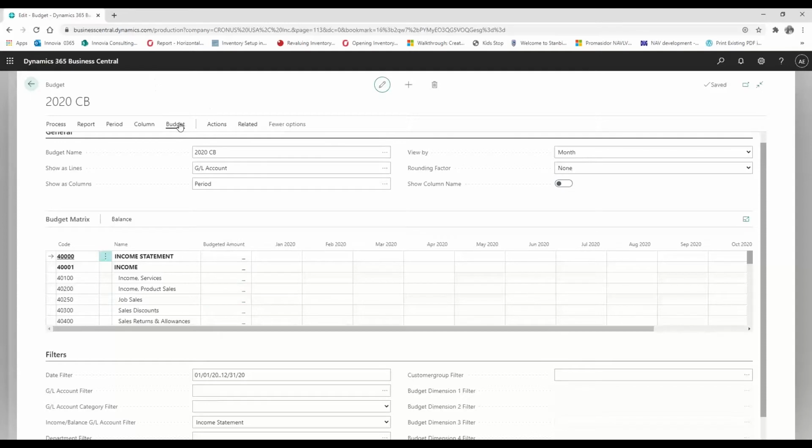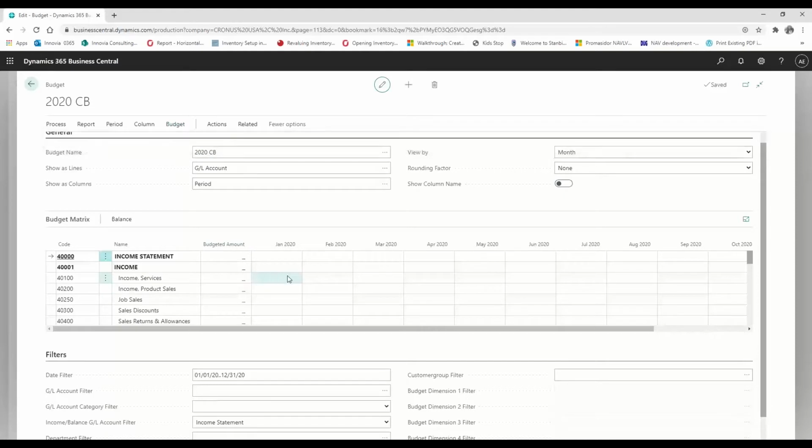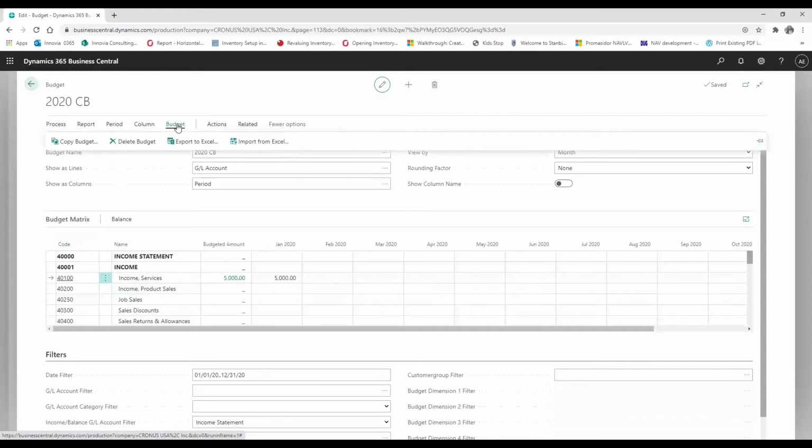Now, besides exporting and importing budget entries, I also have the ability to just come directly inside my budget and type in whatever figure I want here. So already I can see that for this income services, I have this figure here. So there are different ways of populating our budgets in Business Central. You can do it directly from the budget window. You can go from the actions button and say export to Excel, and also import. When you export to Excel, you populate it in Excel, and then you click on import to bring it back. So those are the basic ways of